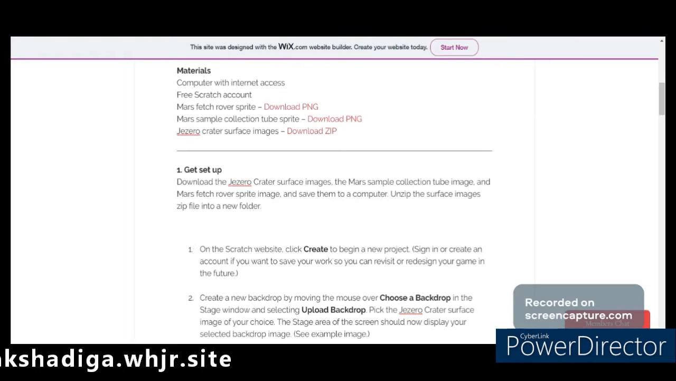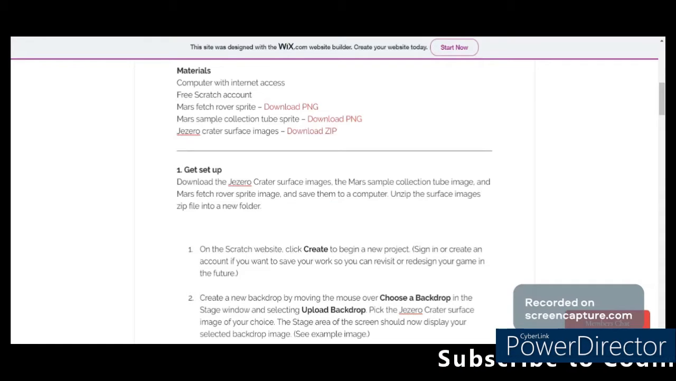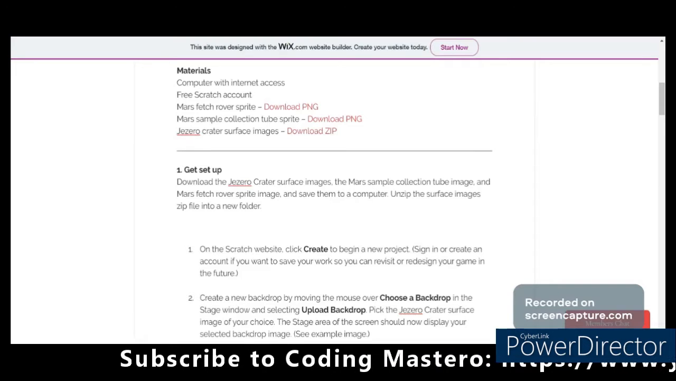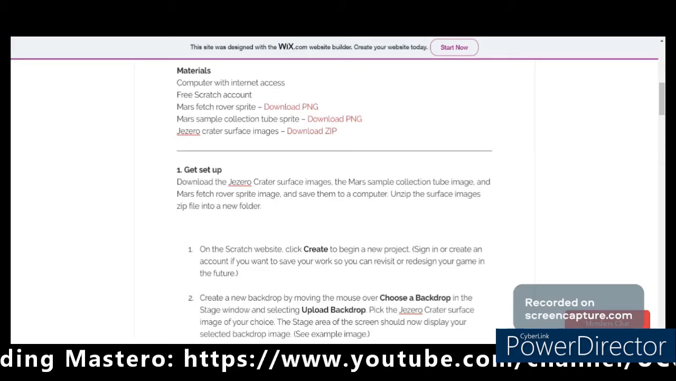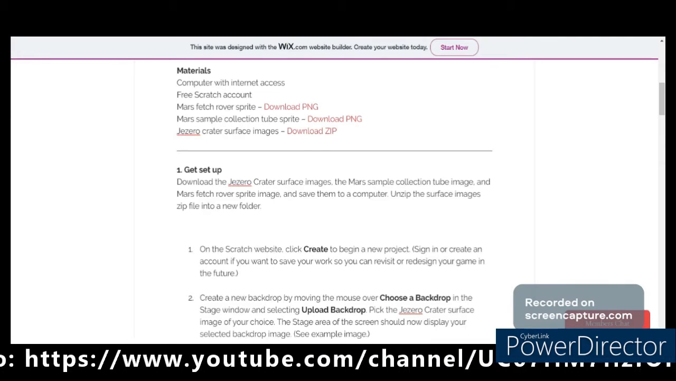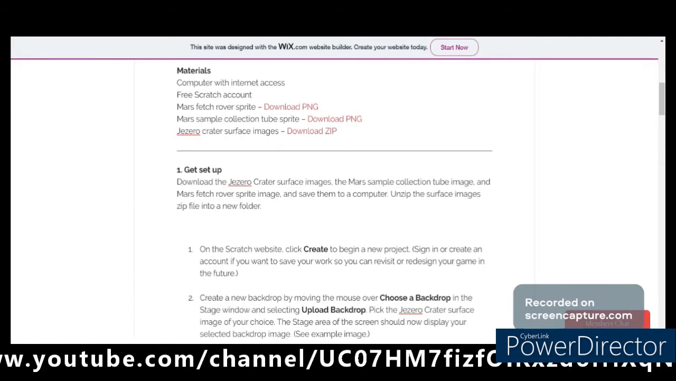On the Scratch website, click Create to begin a new project. Sign in or create an account if you want to save your work so you can revisit or redesign your game in the future. So I'll be sharing the link to the Scratch in the description box below. Okay,